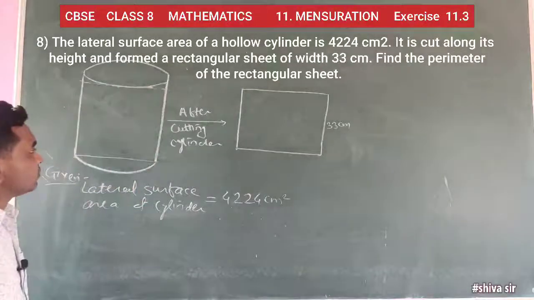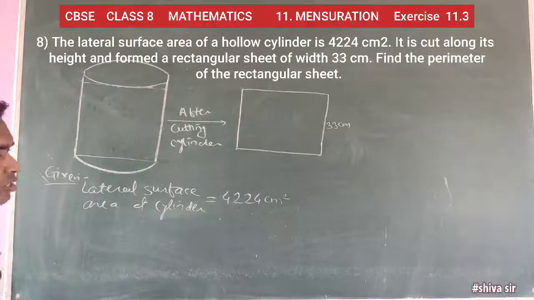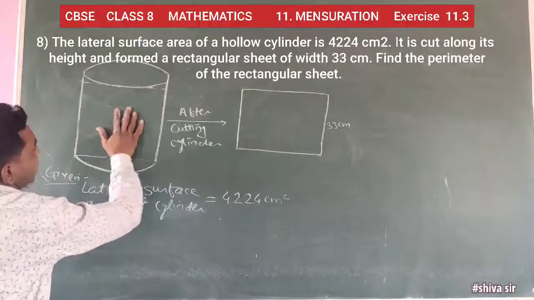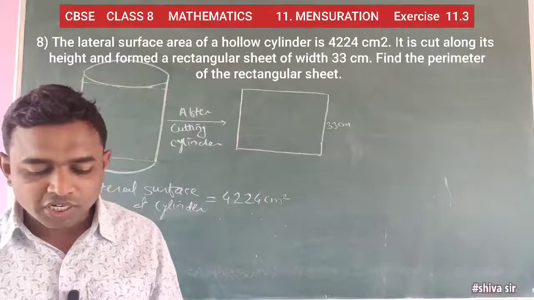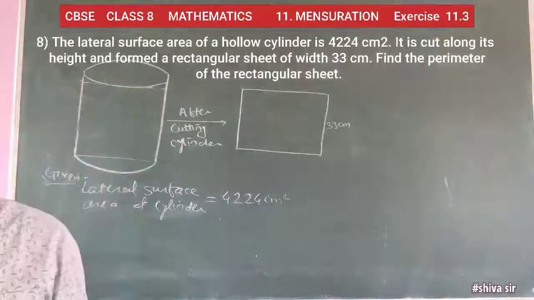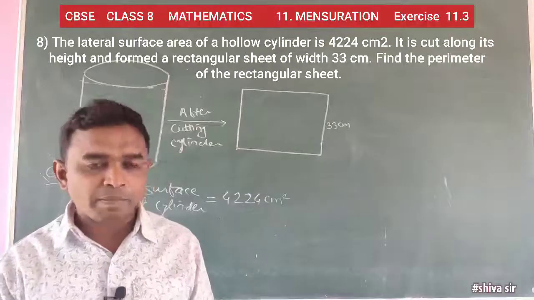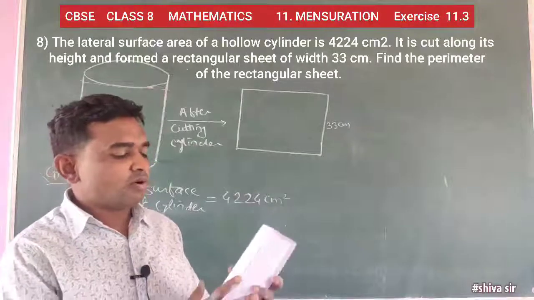So here, when we cut this cylinder, we get the rectangular sheet. That means if you consider any paper, and this paper is just in a cylindrical form, this is a cylinder,